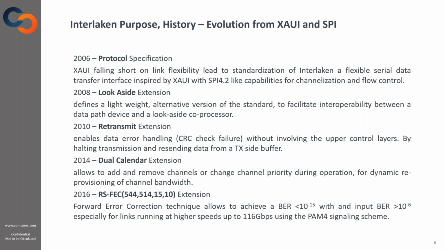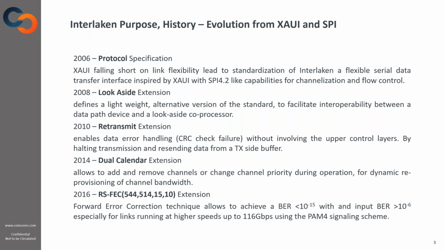So the shortcomings of XAUI led two companies, Cisco and, I'm falling short on the name, to form a committee to find the perfect solution for the problem, and they came up with Interlaken. Interlaken took the best of both worlds and merged serializing of data with SPI's flow control and